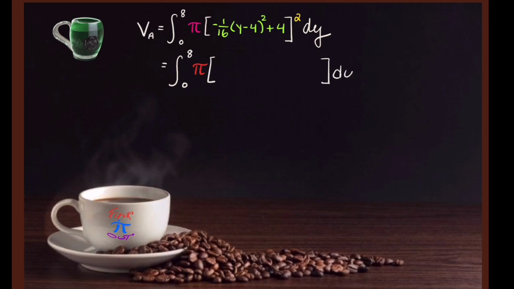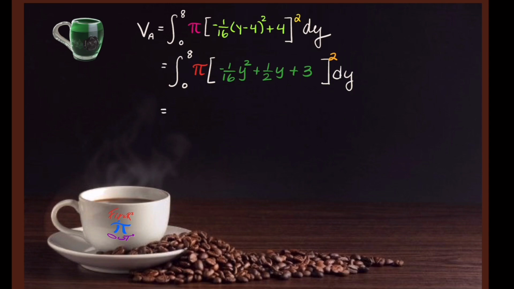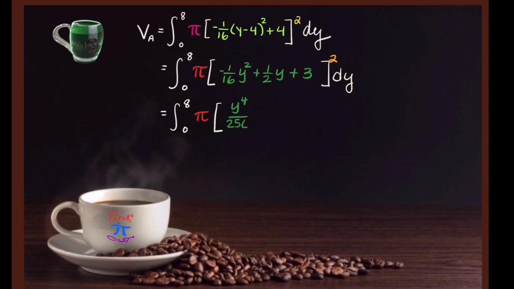First, we'll simplify the green integral in there by multiplying things out and getting the quadratic. And then we're going to square this quadratic and write it out in expanded form. Carefully going through each term,